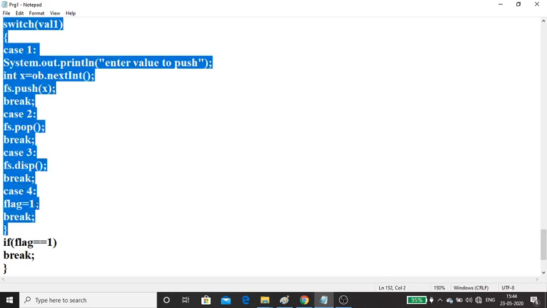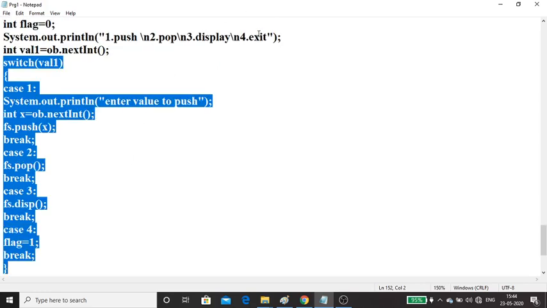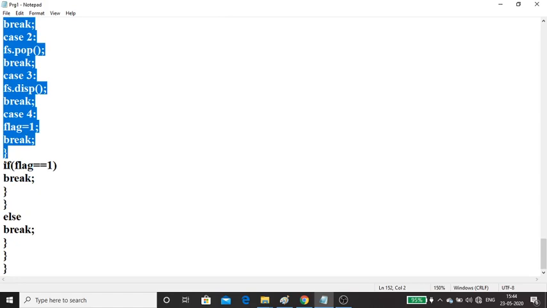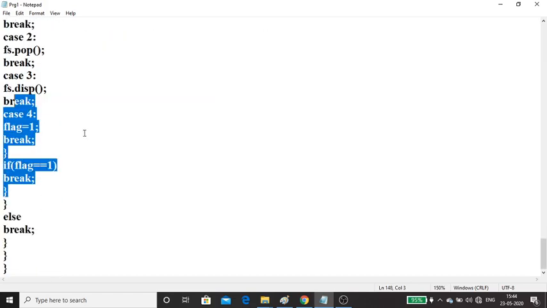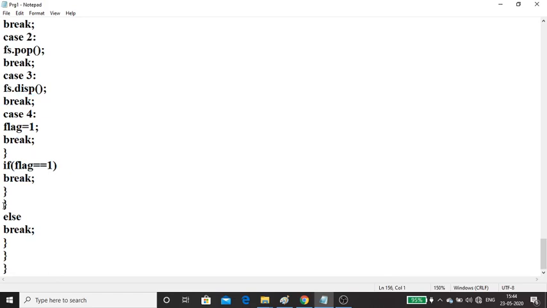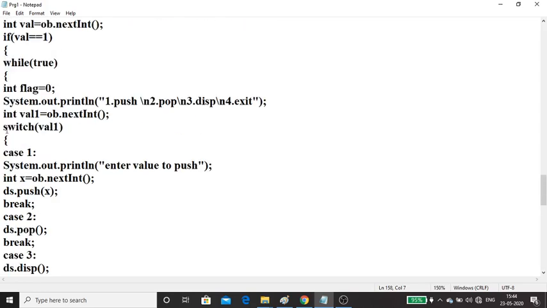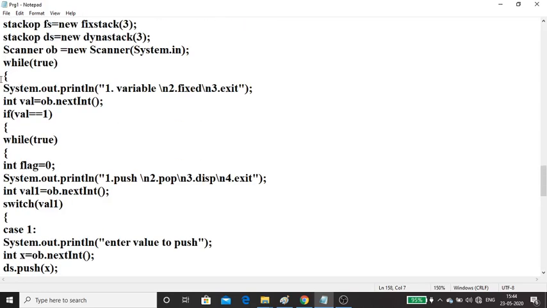And we are going to set it to one. Why? Because I entered 4. 4 means exit. I should come out. Therefore, I should come out of the loop. Otherwise, set flag equal to 1, and if flag is equal to 1, I'll come out of that innermost loop. Now it will come toward this particular line. There is the end of your else if. So it is not going to execute the else. Directly it will go to this particular line. Again, it will execute one more time.